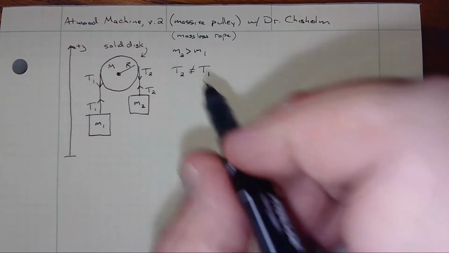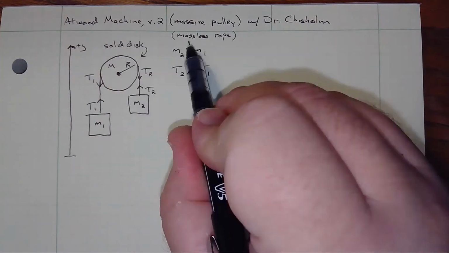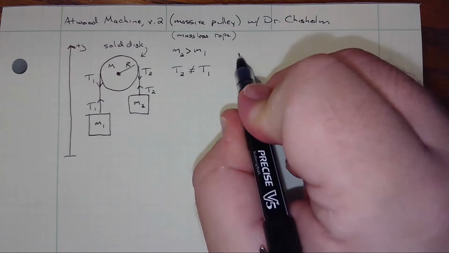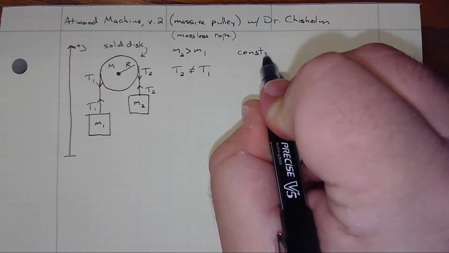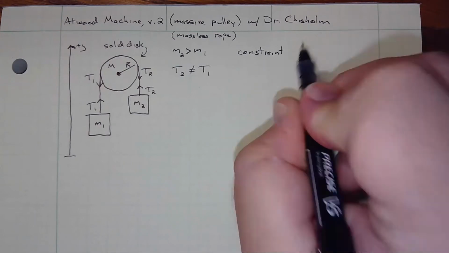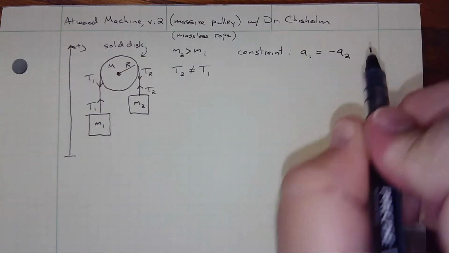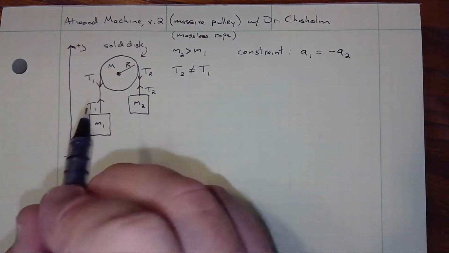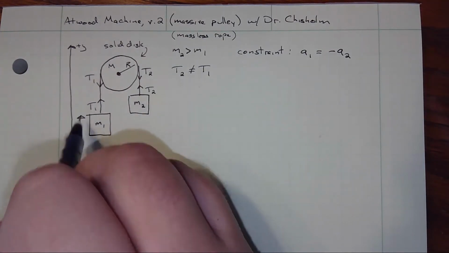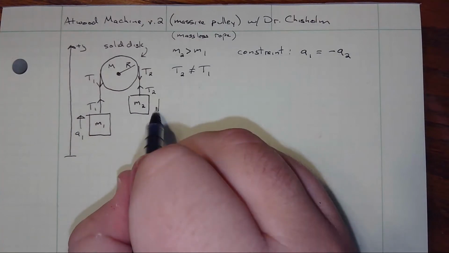So, we're still assuming that we have this massless rope that's not going to change its length, and so we're still going to have these acceleration constraints such that our acceleration A1 is going to be the negative of acceleration A2. In other words, this block is going to move up, this block is going to move down,